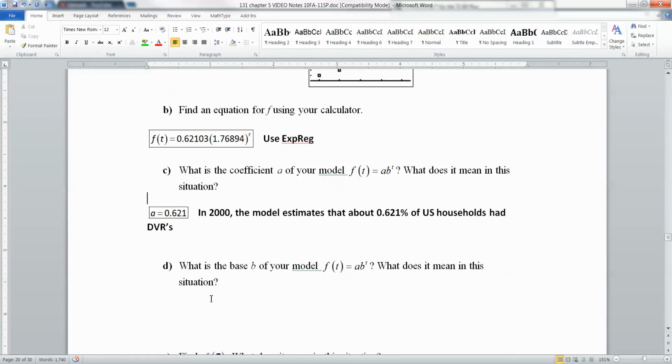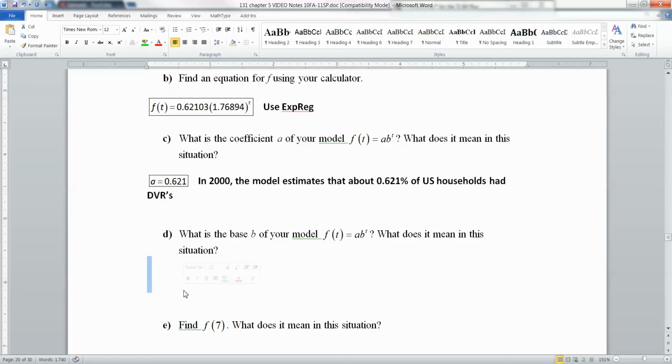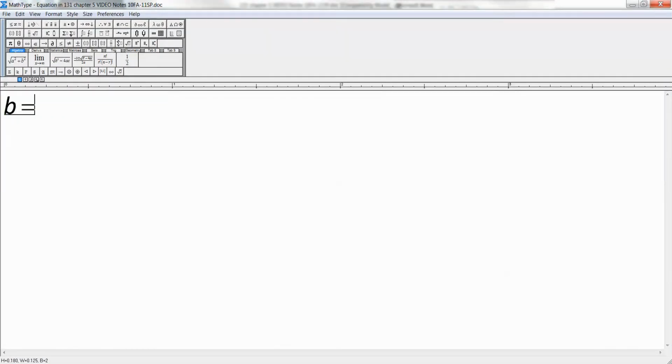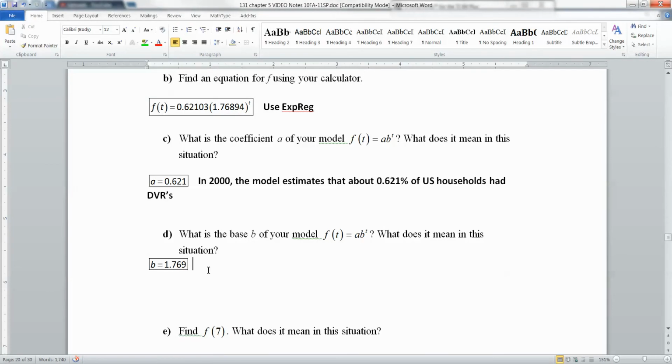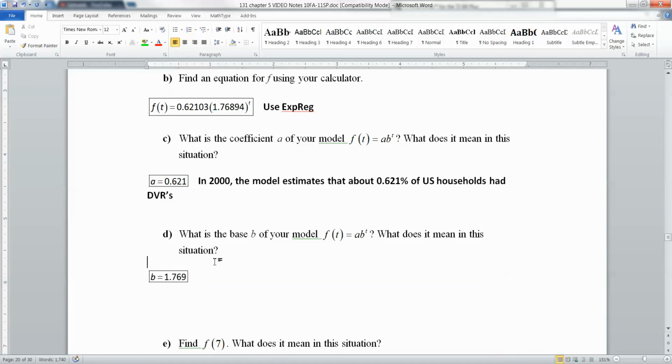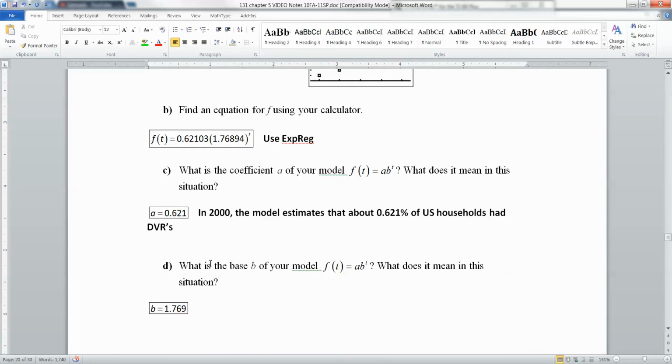All right. What is the base of our model and what does it mean? Good question. The base would be 1.769 or so. So base is 1.769. I'm rounding a bit, but that's fine. Okay. So now what does it mean? Okay. Chapter 4, remember, it's not, okay. We know it's increasing. I mean, for one thing, you can see it's going up. So every year,